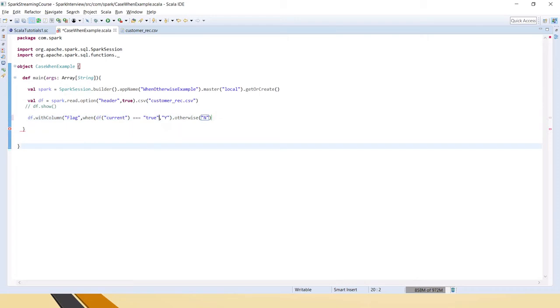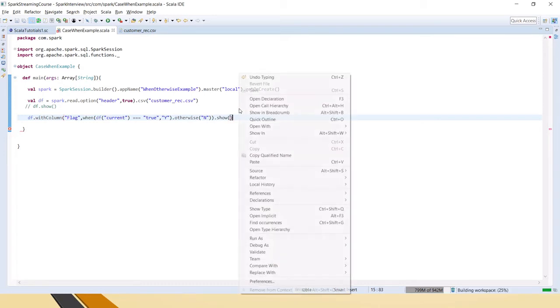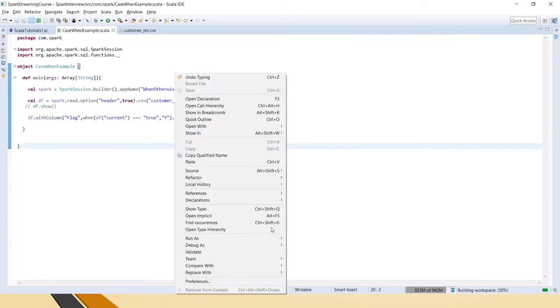If you have multiple conditions, you can add and here. Then close the withColumn clause. Now let's show it to see whether flag is coming or not.